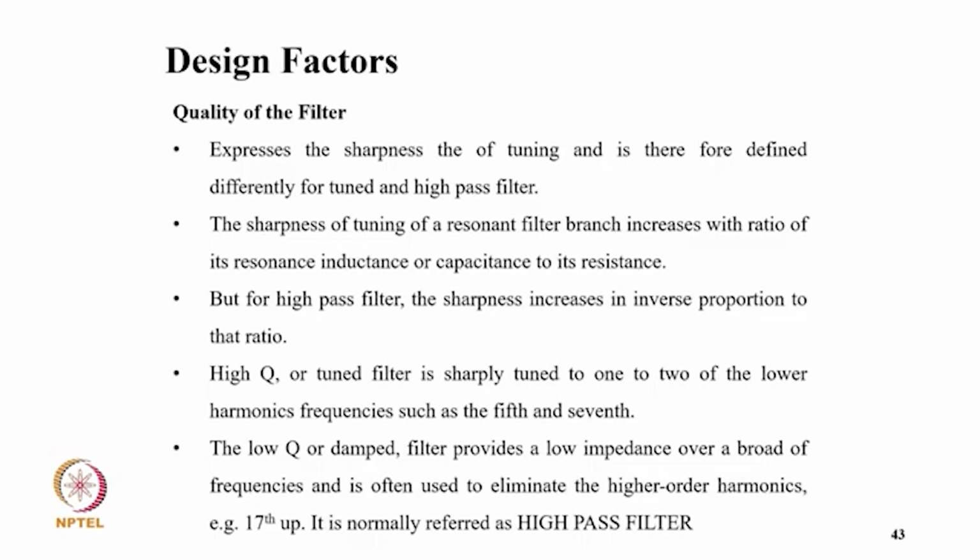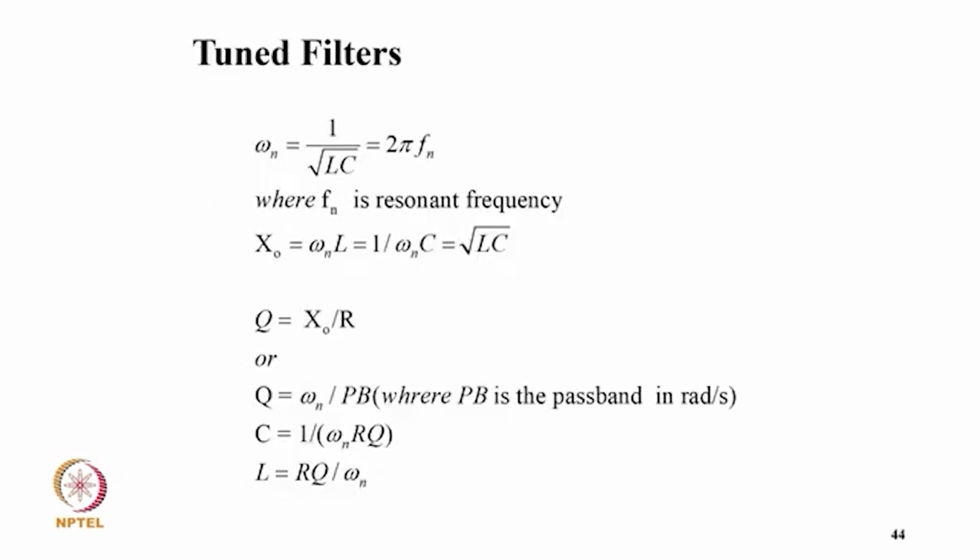A high Q or tuned filter is sharply tuned to one or two of the lower order harmonic frequencies, such as the fifth and seventh. The low Q or tuned damped filter provides a low impedance over a broad frequency range and is often used to eliminate the higher harmonics, that is 17th and up, and it is normally referred to as a high pass filter. For the tuned filter, omega n equals the square root of 1 upon LC, that is 2